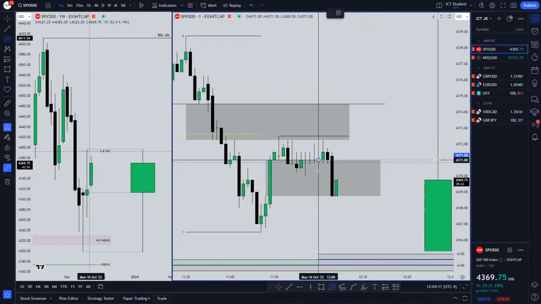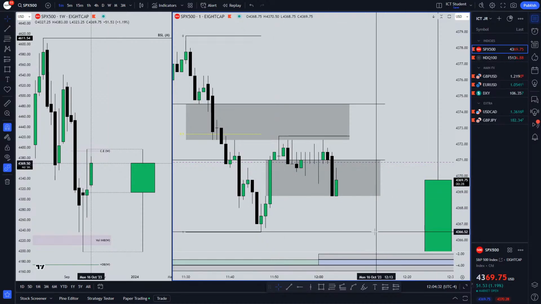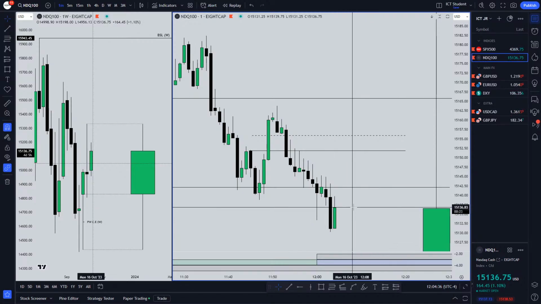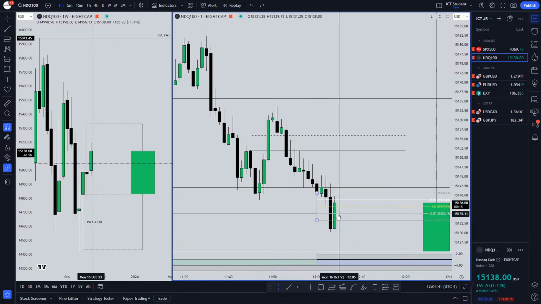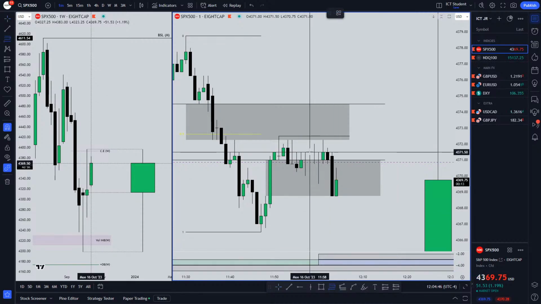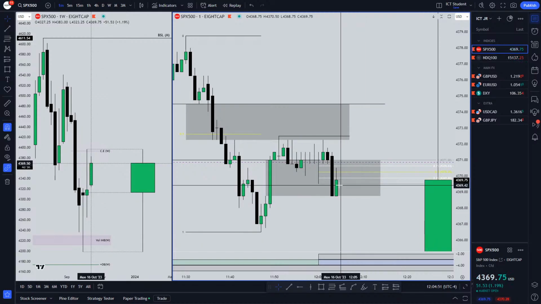This one too, right here. Very ideal. I'll take a trade idea off of this, man. You want to see a hold, though. You don't want to see it close above the consequent encroachment of the discounted wick. You want to see it reject and have signs of rejection. Same thing for this one too.